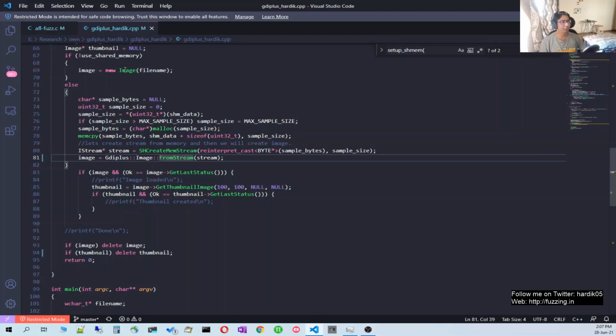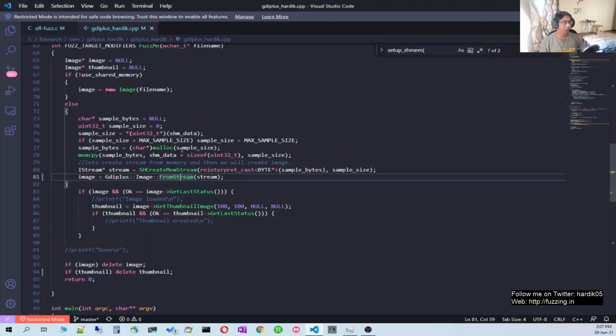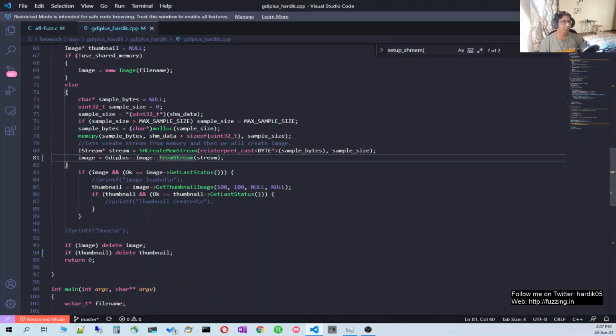We simply call new image and give the image file name over here, and that will create an image object. But in case of shared memory, since AFL fuzz is writing all the data to shared memory, we need to take those bytes from the shared memory. We need a local variable which saves all these bytes, and we need to convert that to a stream, and then we will call this function, create image from stream, over here. So this will create an image object over here.